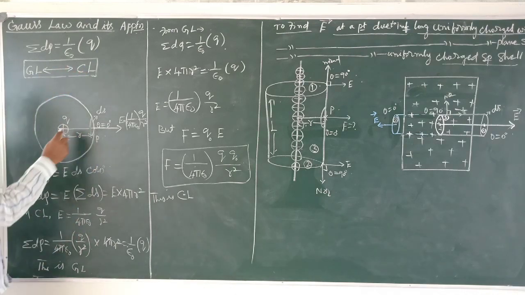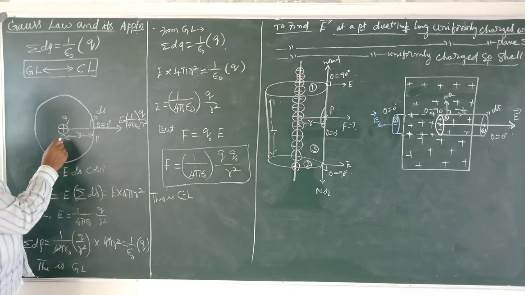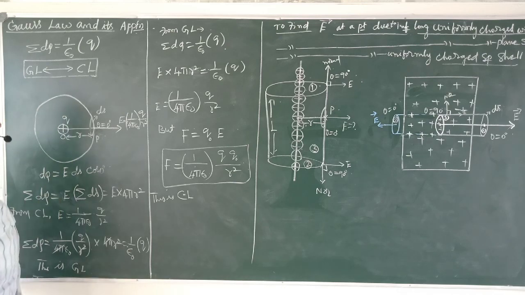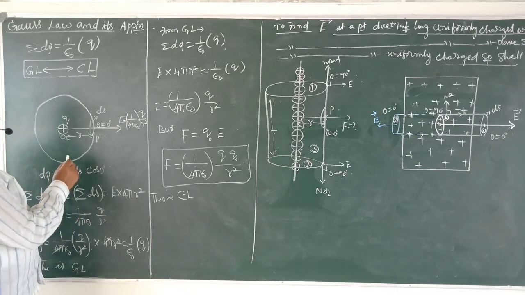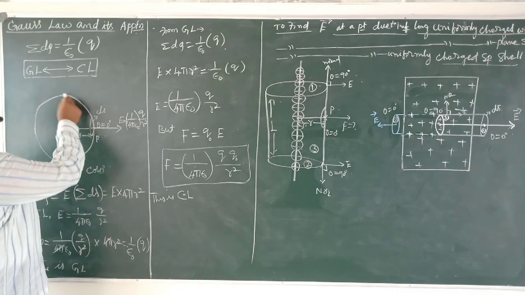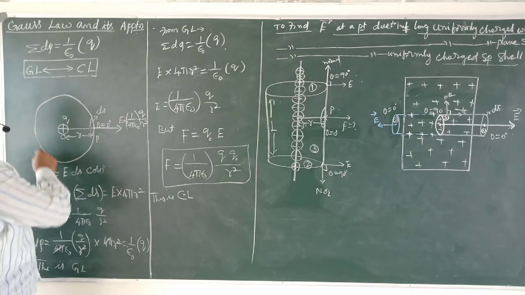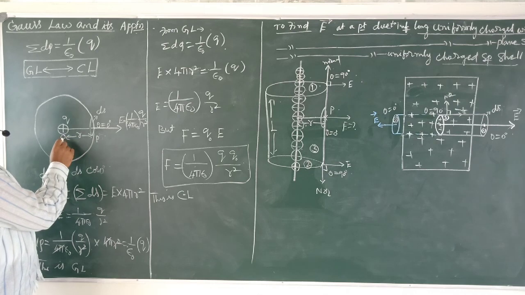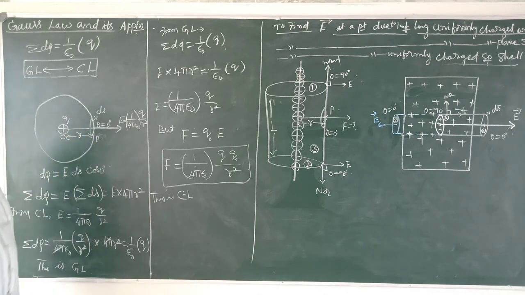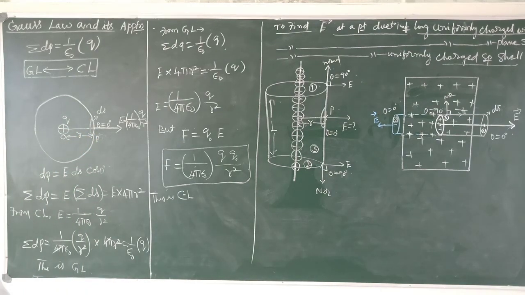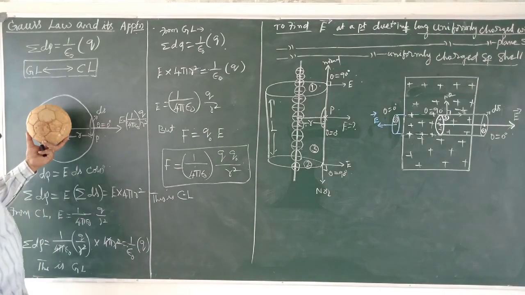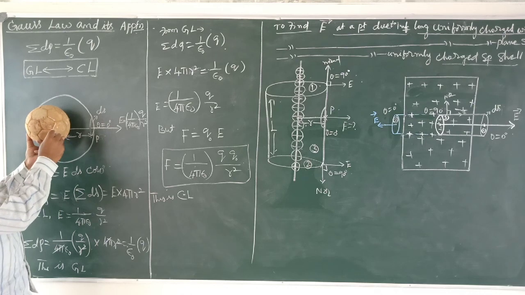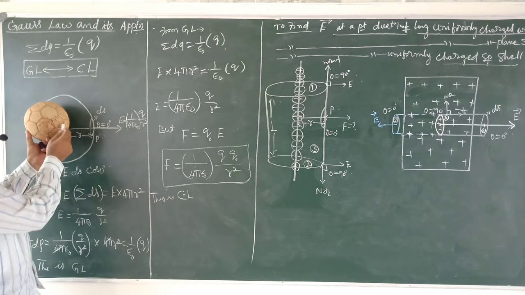Consider a point charge Q at O. Let P be any point at a distance r from this charge. Now, to apply Gauss law, assume a Gaussian spherical surface with O as center passing through P, like this ball. The Gaussian surface is like this. Let ds be a small area around P.